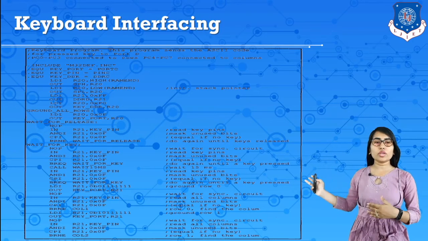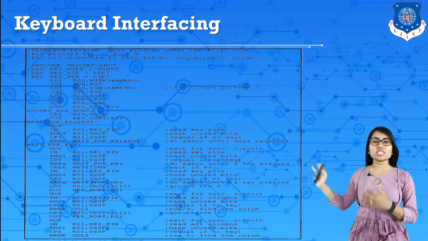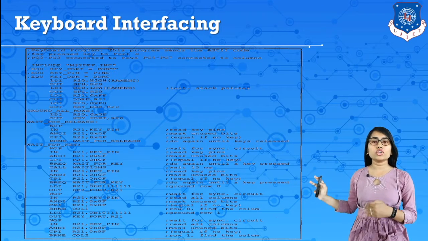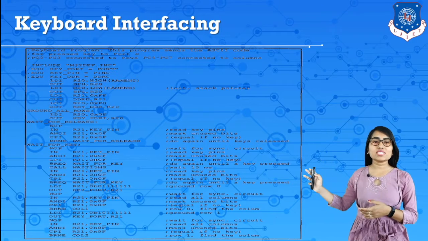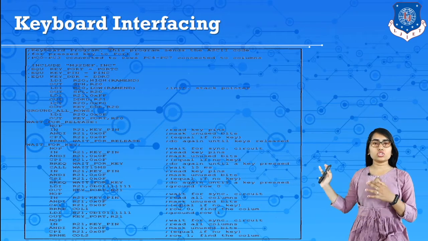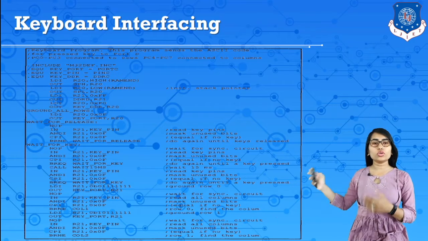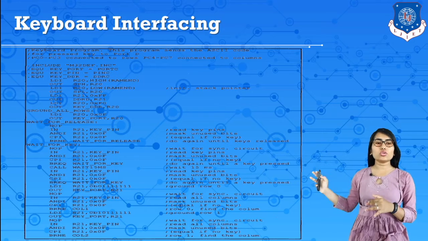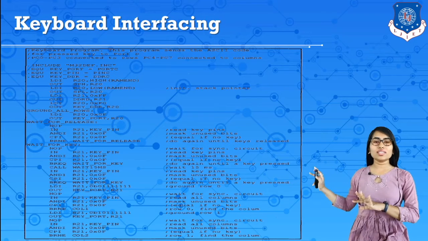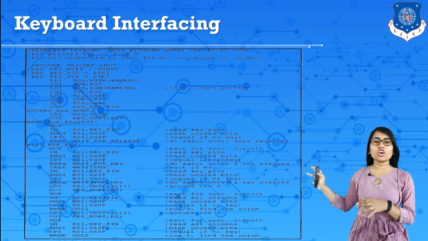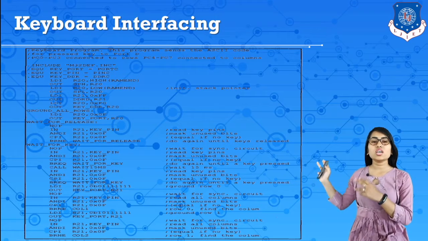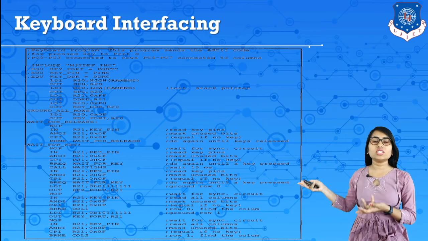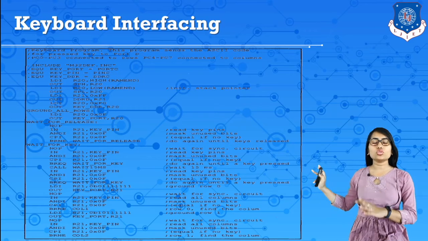Here we have a program for keyboard interfacing. This program sends the ASCII code. It is written to send the ASCII code of the pressed key to port D, whenever a key is pressed. This is also a very long program, and all the AVR tools have a built-in or default example program of keyboard interfacing to read keys or send the data. So this template is ready to use in an AVR.